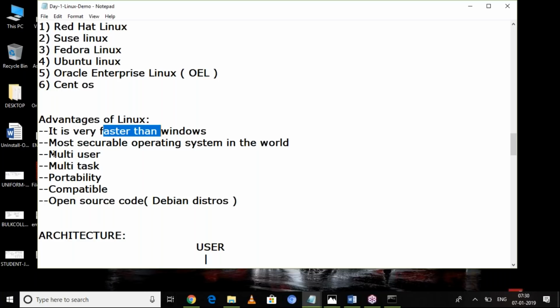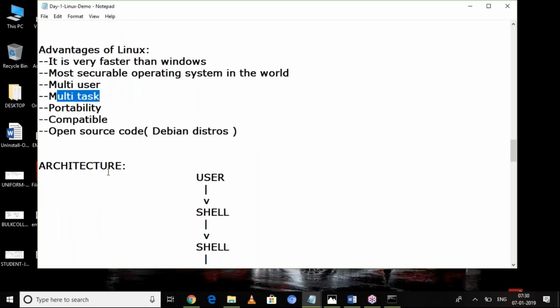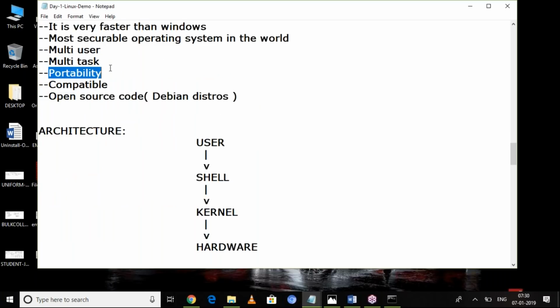And we already discussed it's multi-user, multitasking. And portability. What is portability? Nowadays, we can use the Linux operating system for personal computers, for very small works, as well as small business, medium business, and very large computers also.